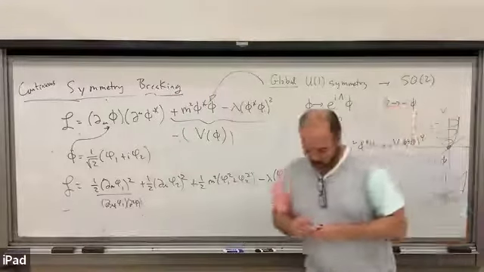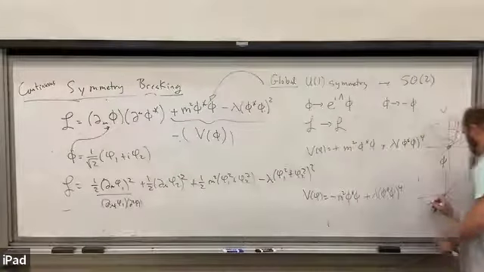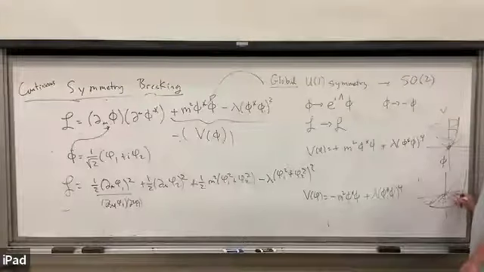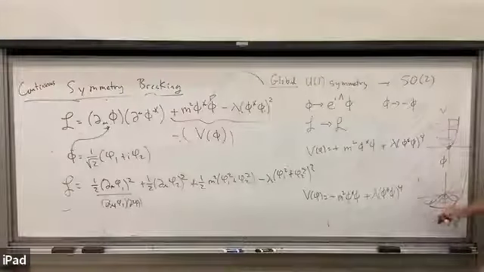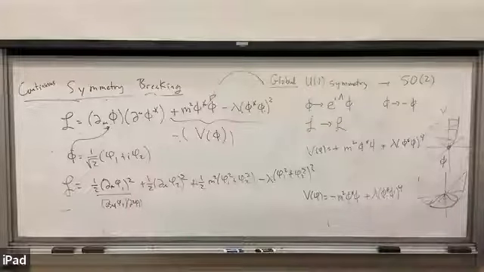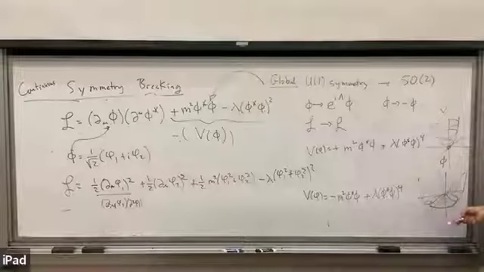is, and this red line right here at the bottom, that's the bottom of this Mexican hat or wine bottle. So this is the famous Mexican hat or wine bottle potential, depending on what you prefer. But anyway, so the minima now is here, and it's as compared to the previous